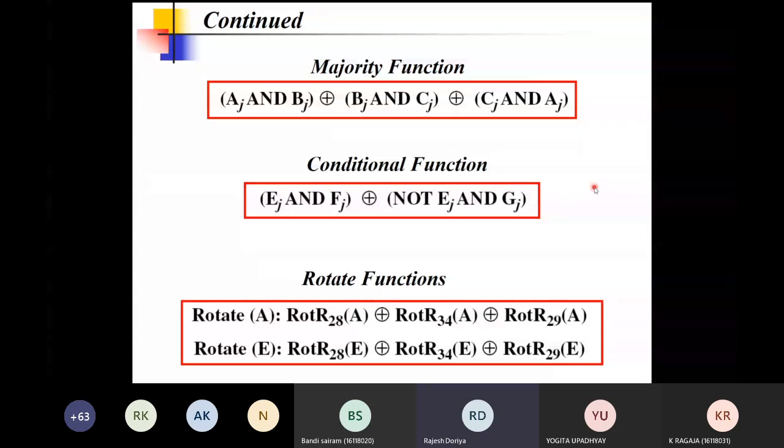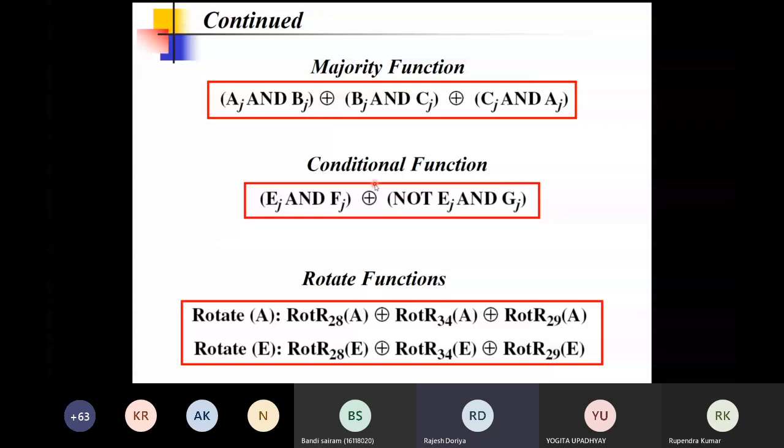Please note down the formula for the majority function and the conditional function. Have you noted down these two? Anyone can reply to me. Done, sir. Okay, so I assume that you have noted these two formulas especially.